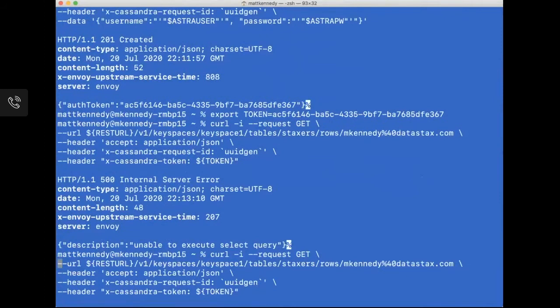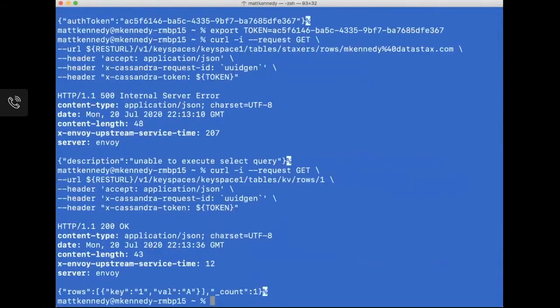So let's see what happens if we change this from a table that we don't have permissions on to one that we do. So if you'll remember, we have a table called kv that Charlie created, and the primary key there was 1. And now we will see that we have our key and value, 1 and a, for that row back. And that's a simple example of how we use REST with curl, which I like to have access to because it's a lowest common denominator kind of tool. Makes it very easy to get up and running with REST endpoints really quickly. But now we're going to switch over and show what Postman looks like.